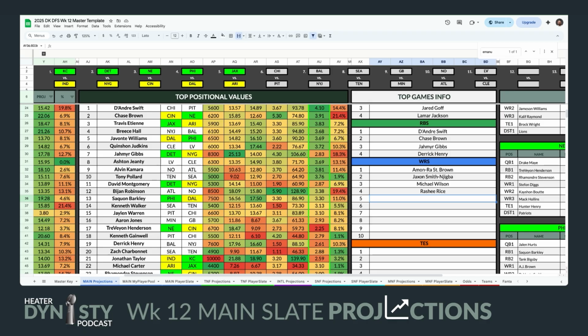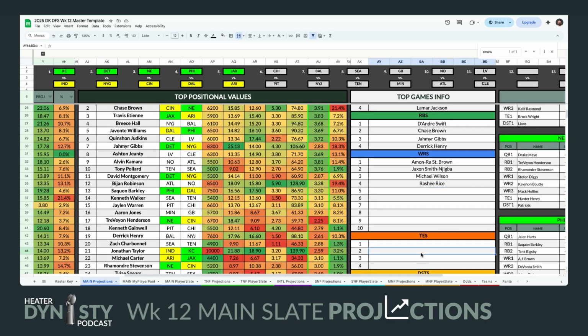Their running game is not working, so they're doing the short passing game that we love out of Chiefs Kingdom, and Rashee Rice seems to be the main target. The other one is Travis Kelce. He will not die. He is still very alive and well, and while we thought the cliff was coming, it seems like he is still playing at an extraordinary level. So those are the two people that I'm most interested in out of that Chiefs side. Rashee Rice being here, and then in tight ends we'll talk about Travis Kelce.